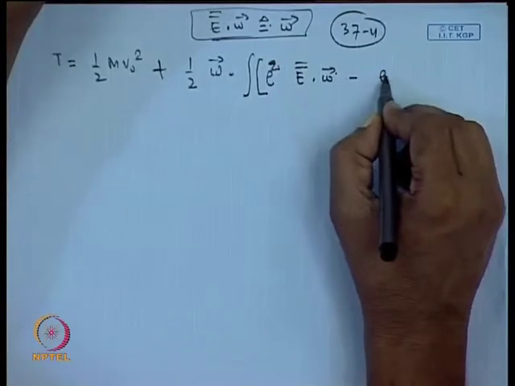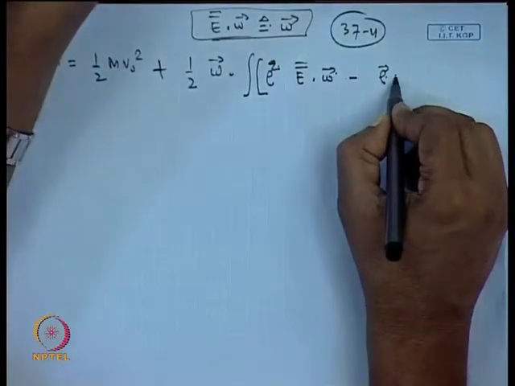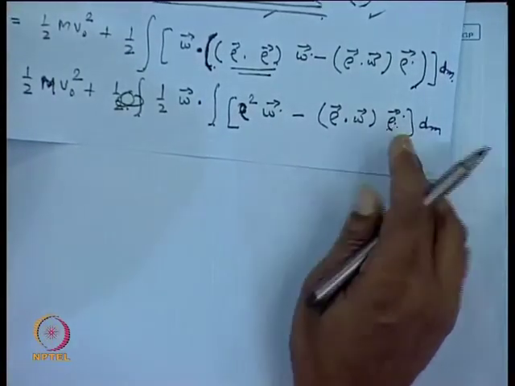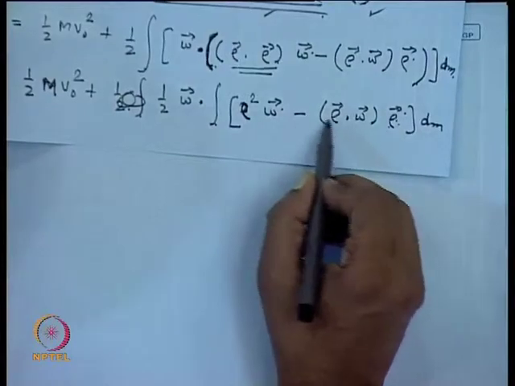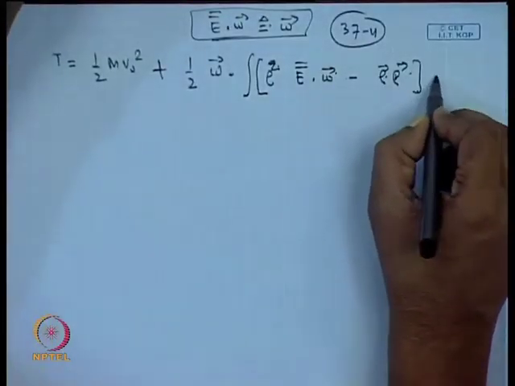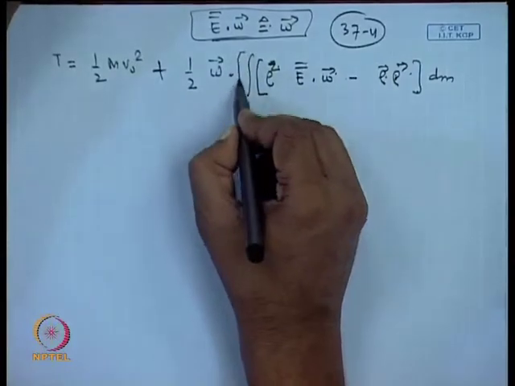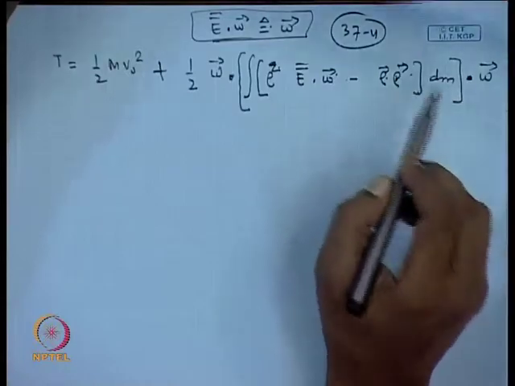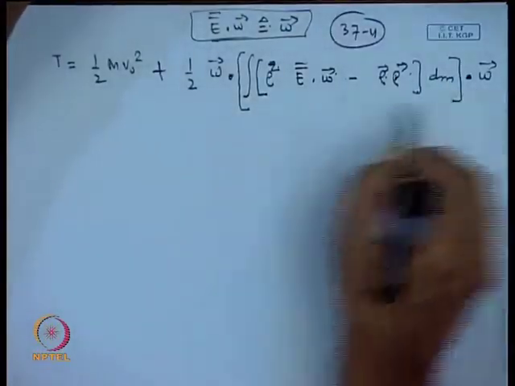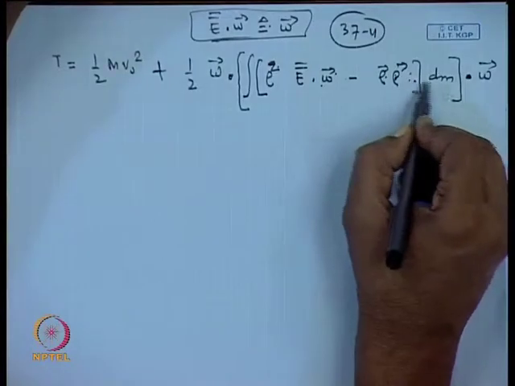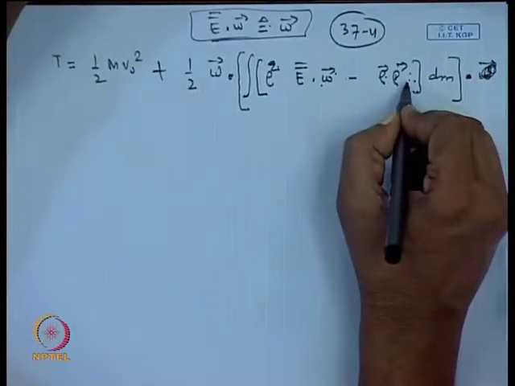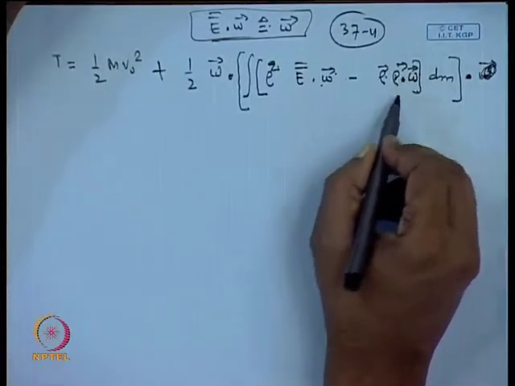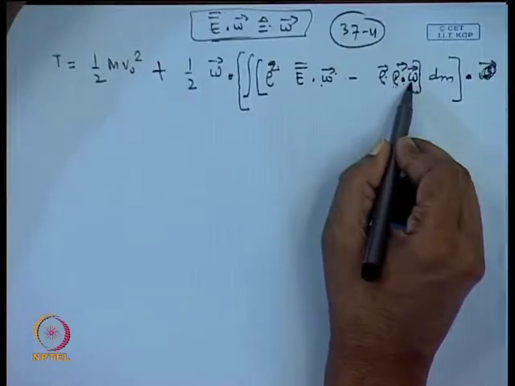this equation can be written in this fashion. And here we can write this as rho times rho. This rho we can take from this side to this side, and we can write in front of this bracket, and then we can write here d m, and this whole thing we can put in a bracket and dot omega. So, this omega we have taken it. Now, the omega which was present here, let us keep it here itself. Right now, we have rho dot omega. So, this dot product is between rho and omega.